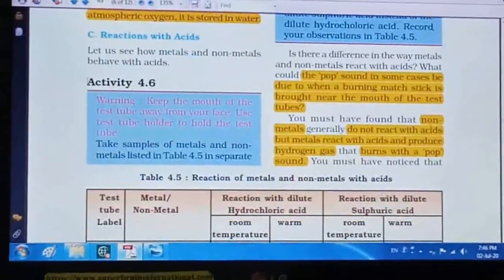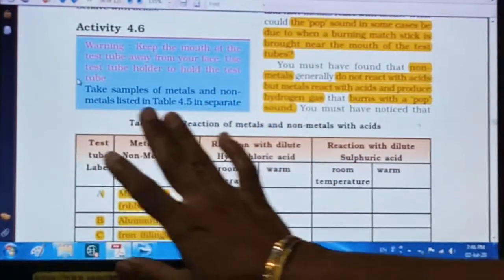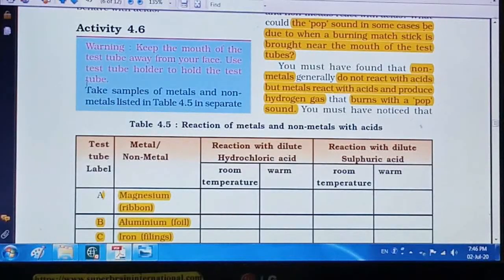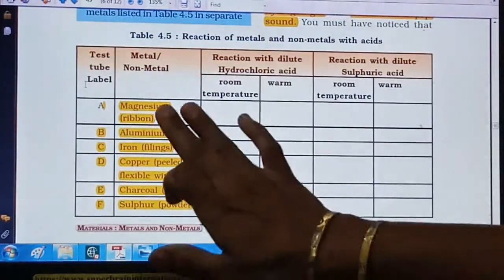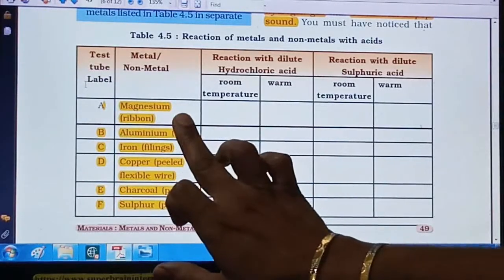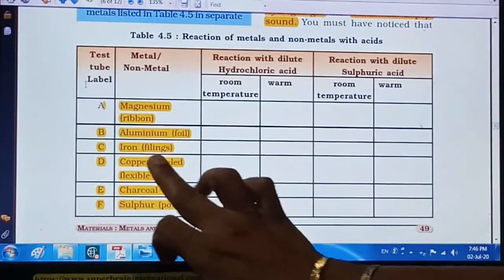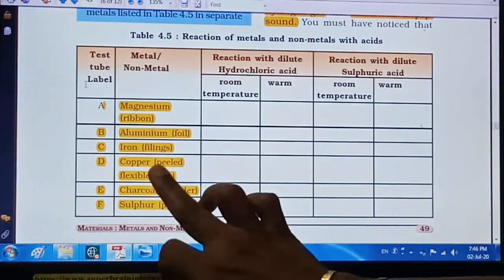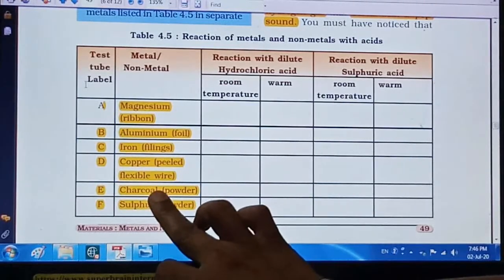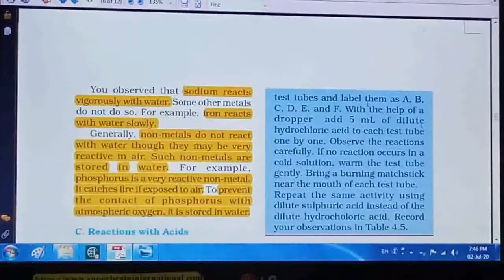One activity is given. See here, take a sample of a metal and non-metal listed in table 4.5. This is the table given here, right? And in this table different names of metals and non-metals are given. So magnesium, it is a metal; aluminium foil, it is a metal; and filings, it is a metal, right? Copper, it is a metal; charcoal and sulfur are the non-metals. So this is the list of metals and non-metals, right? Now ahead it is said that